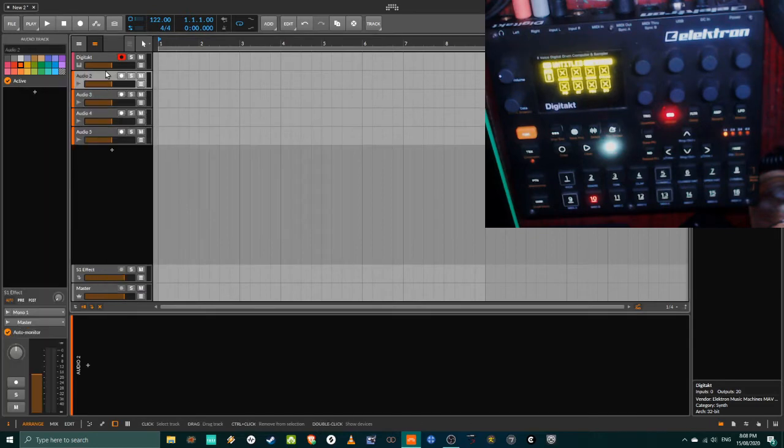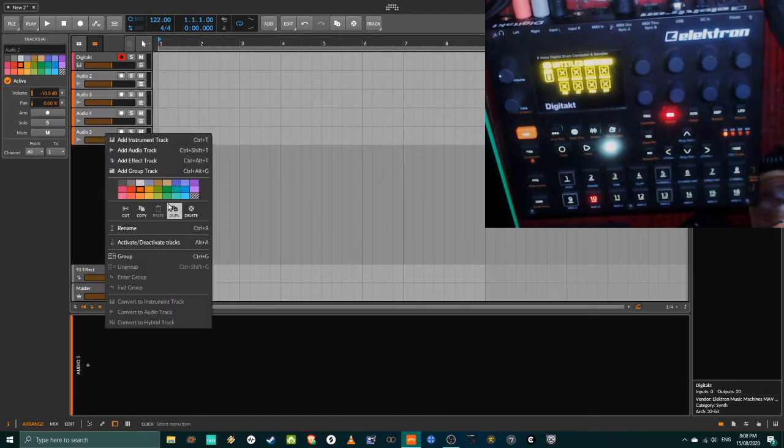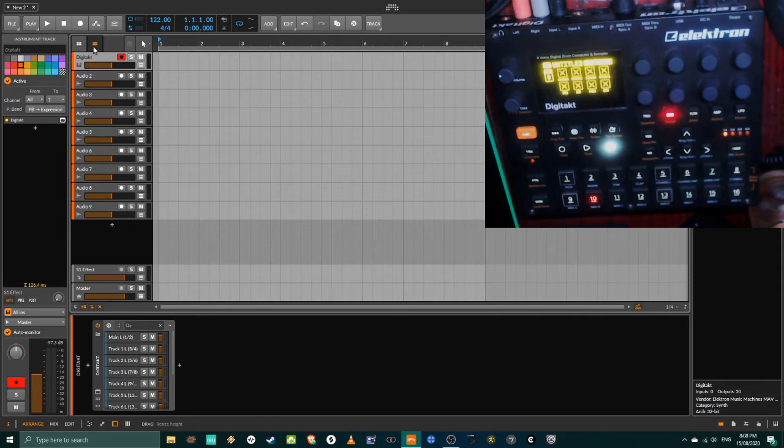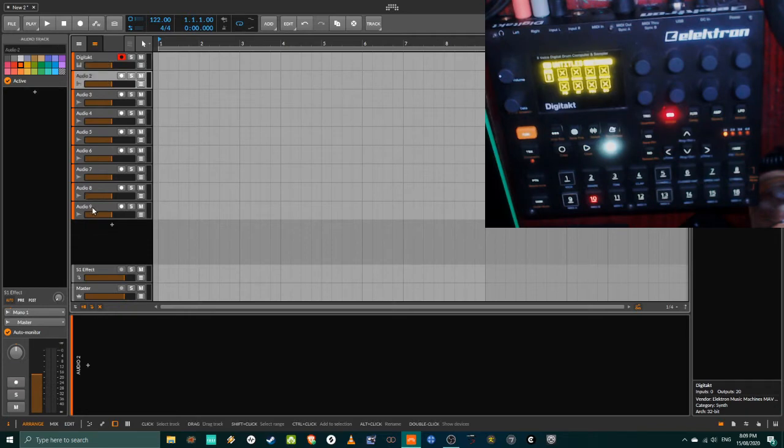So we've now got 8 separate audio channels, and we'll color them all the same, so they're all the same color. They can be identified as a group by this orange color. So now that we have these separate audio tracks, we actually need to set up the routing to bring the